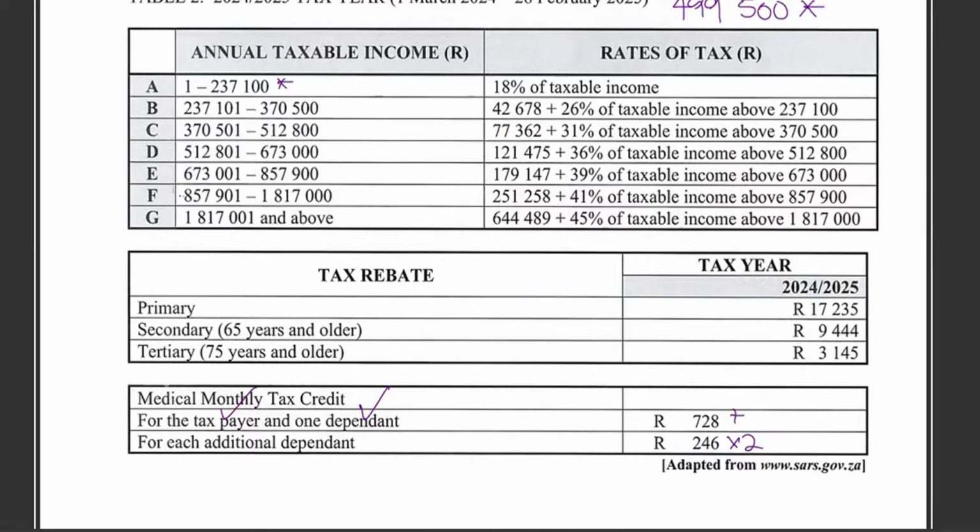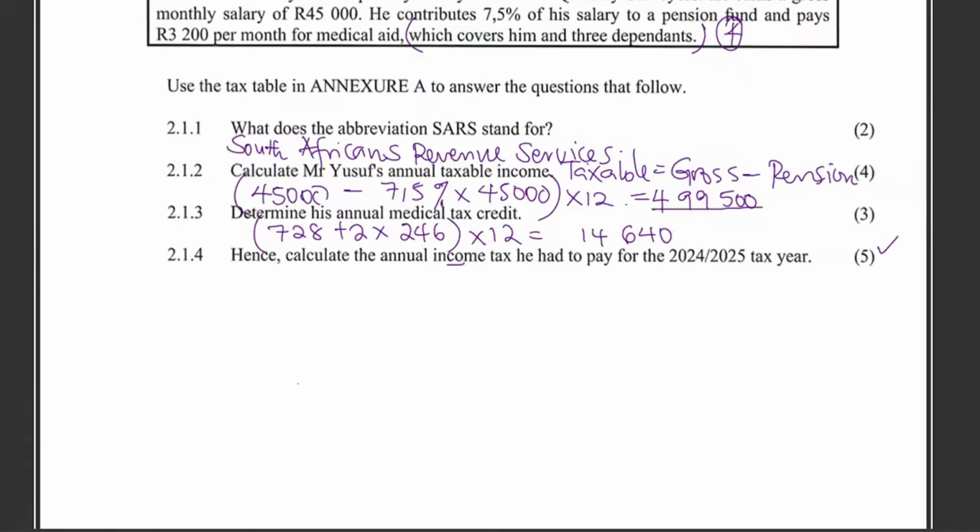Not the first one, it has gone beyond this. Yes, it's in this one here, which is C. So we pick this other side here by saying 77,362 plus